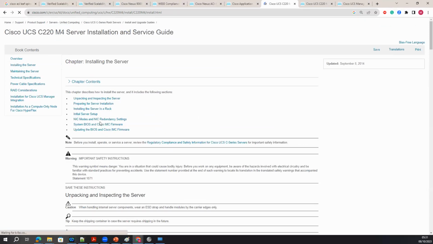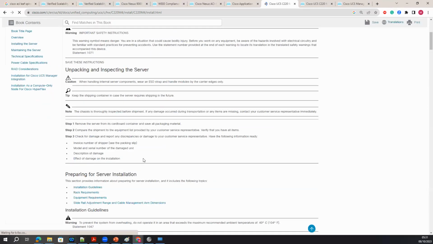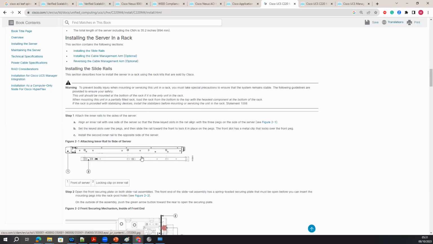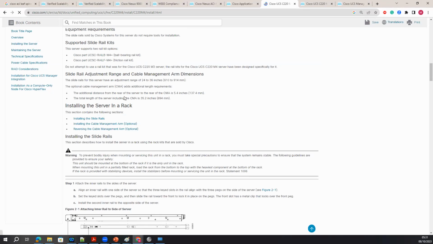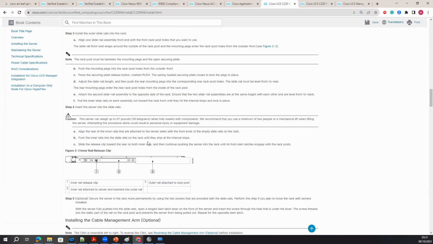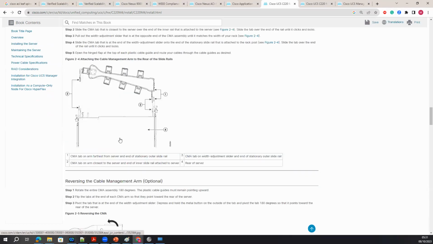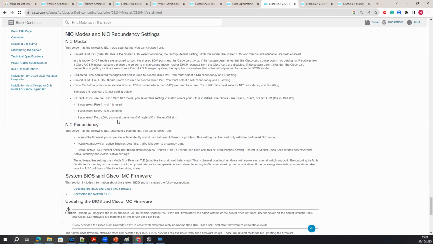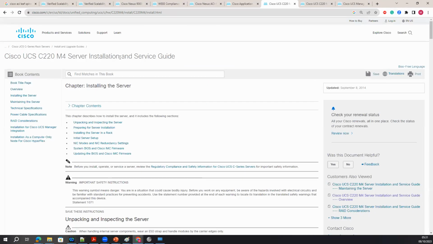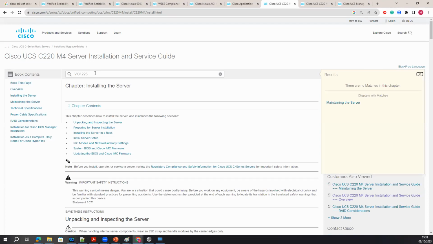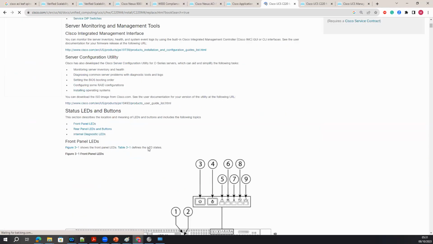Installing server. VIC. Let me search for that VIC. Maintaining the server.